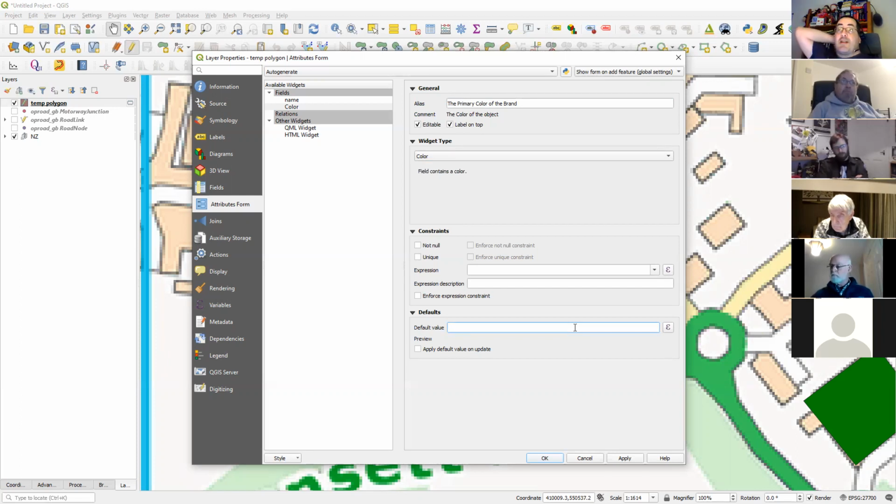Now, a lot of this stuff, especially things like the not null and unique, might seem a little bit odd, but when you stop to think that a lot of these attributes and things are generally stored within a database, they suddenly do start to make sense, because not null is nomenclature for a database that says you're not allowed to have an empty database field here. Unique is exactly as it says. It's nomenclature for a database that says the database is going to check this to make sure that there's only one of this value in it, and if there isn't, it'll throw an error. Now, if we apply that